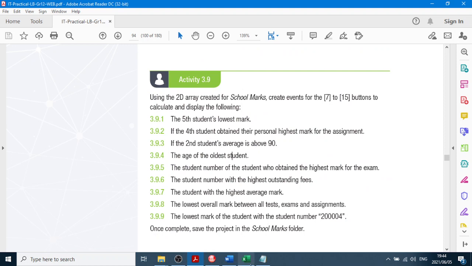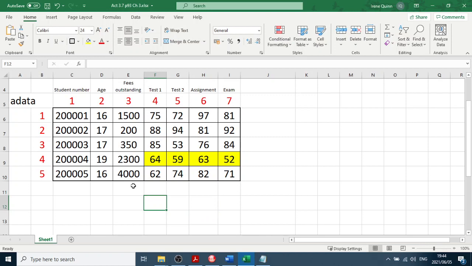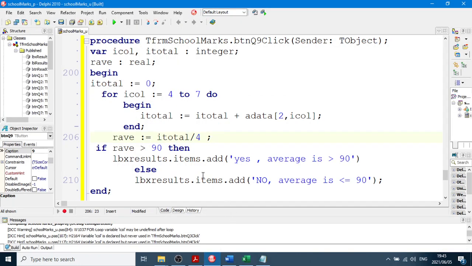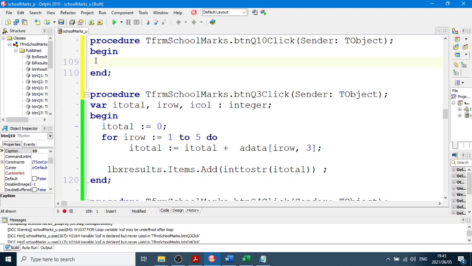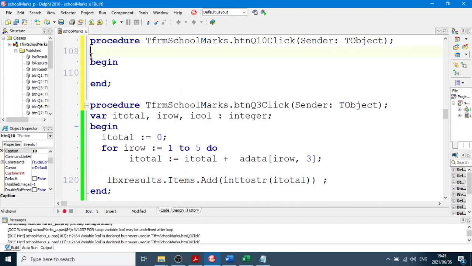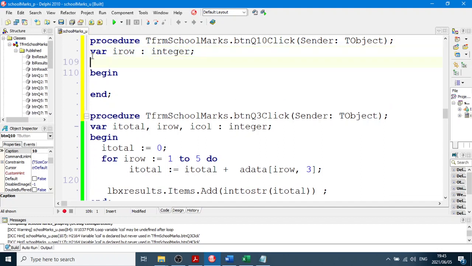The age of the oldest student. So we're going to go through each one of these and see what is the oldest number, the highest number, that's all. So we're going to go down the rows for column 2. That's easy. So our col will be 2, and the rows, we're going to go down the rows. And we've got to get our highest,